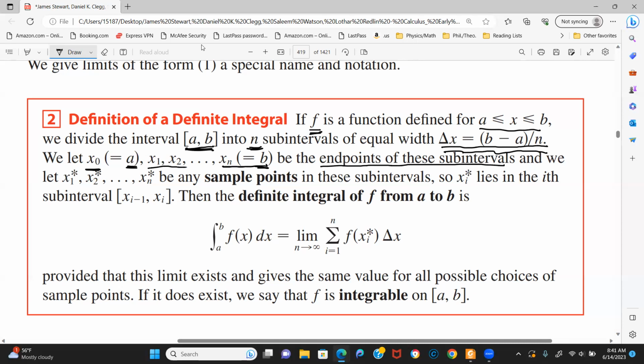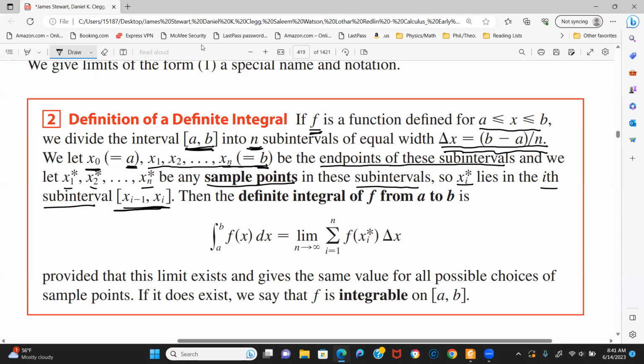Then you have some intermediate points, x1, x2, up to xn, and these are the right endpoints of the subintervals. Then we're going to take some sample points, x1 star, x2 star, up to xn star, and these are in the subintervals. That means xi star lies in the ith subinterval, right here. Once you've fixed this whole collection of points, and this is for every n,